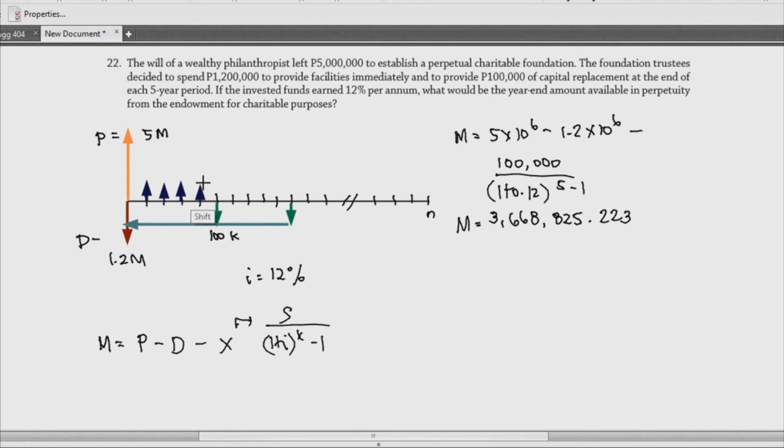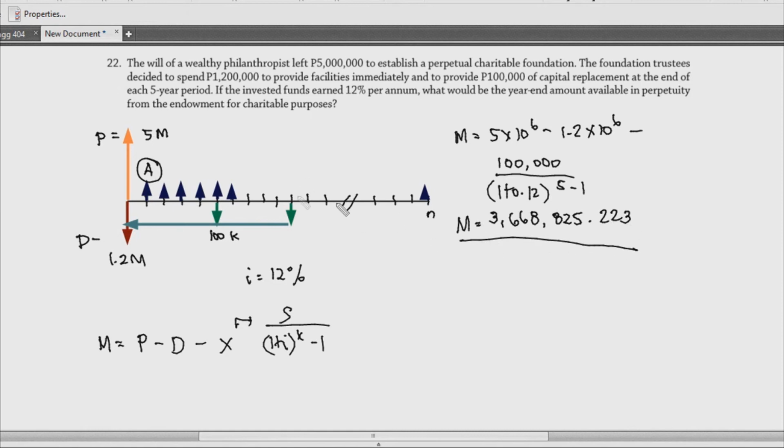I-amortize natin siya. So, up until itong N kasi perpetuity siya. So, assuming na ito yung ating value, no, and then yung ating, let's say this is your A. So, ang ating kailangan hanapin is yung value ng A natin